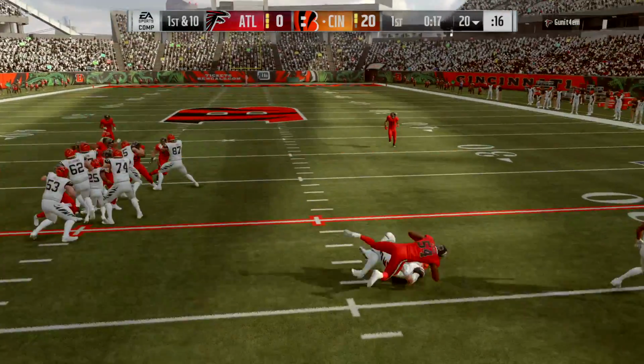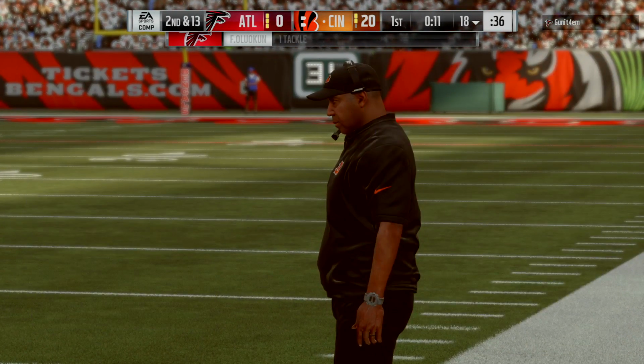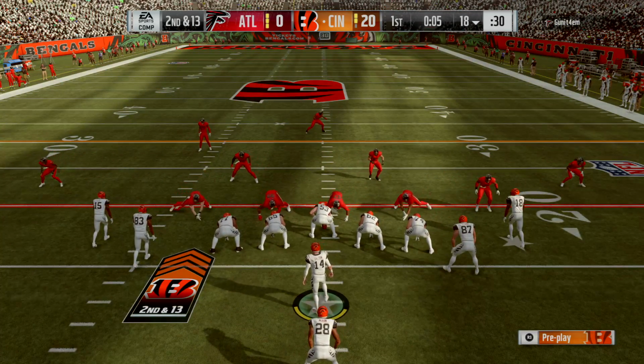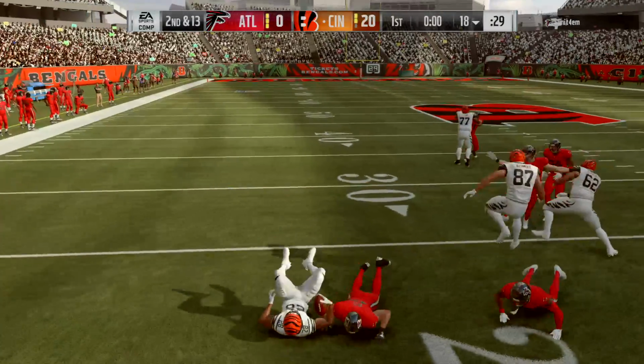On first down, they go option to the right. And he held on to it, but he probably shouldn't have as they get him behind the line. They'll wind up losing 3 yards here. And it'll bring up a 2nd and 13. It's Mixon on the counter. And he's going to be...